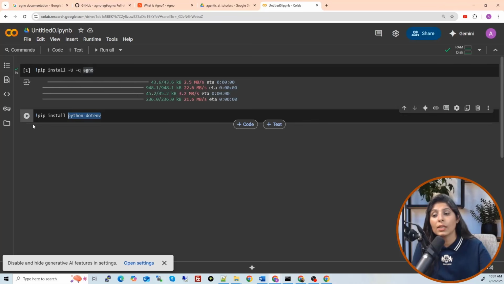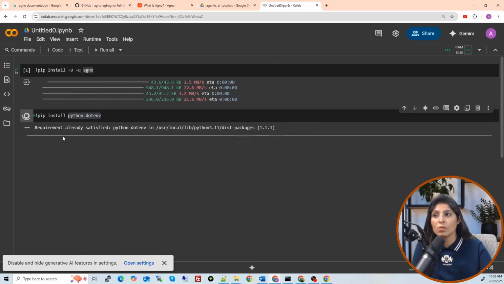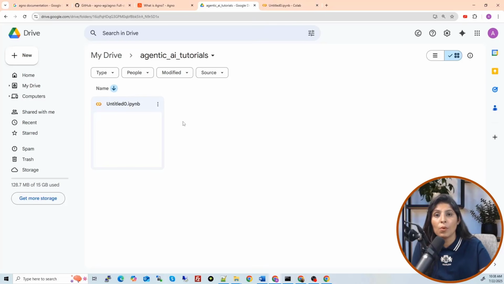And to load the OpenAI API key which is there in the .env file, you need this module. So that's why we are installing it. Run this cell.